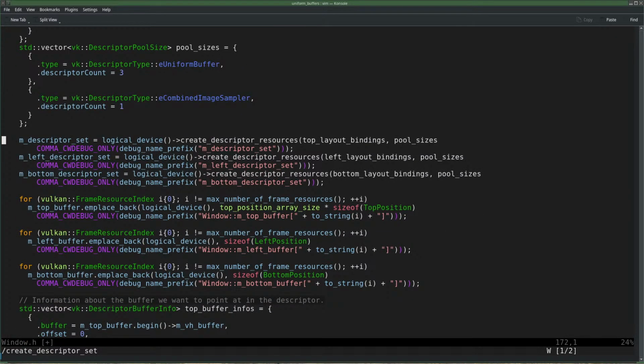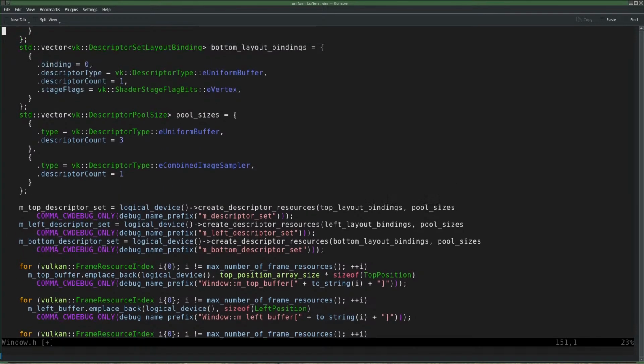Up till and including the creation, let's say top, because I renamed that one. In fact, this is creating descriptor set parameters, but I'm going to call it something else. Yeah, it has to be changed a lot.